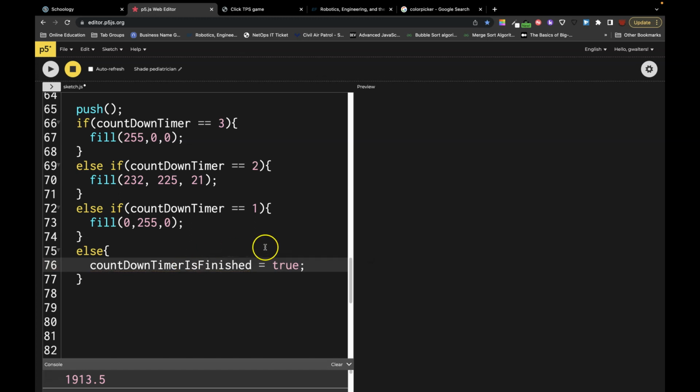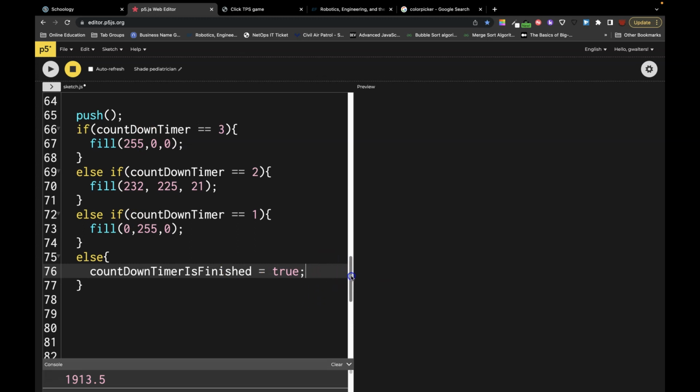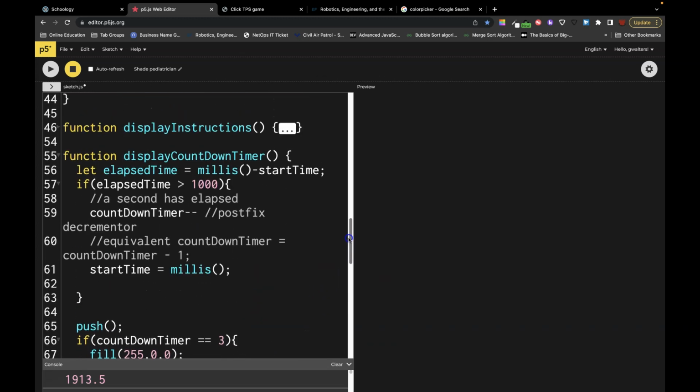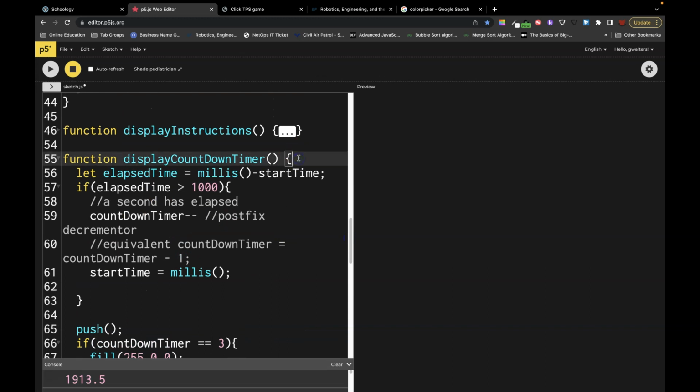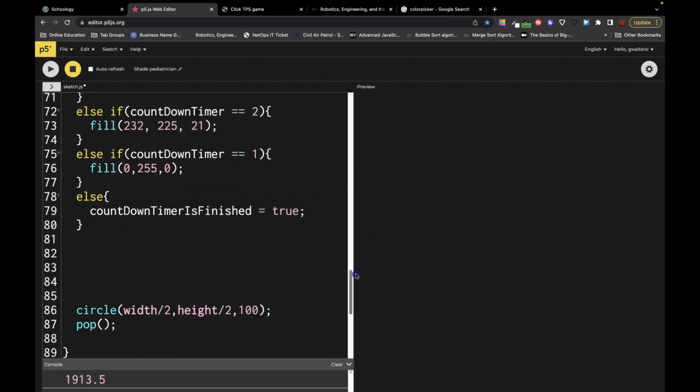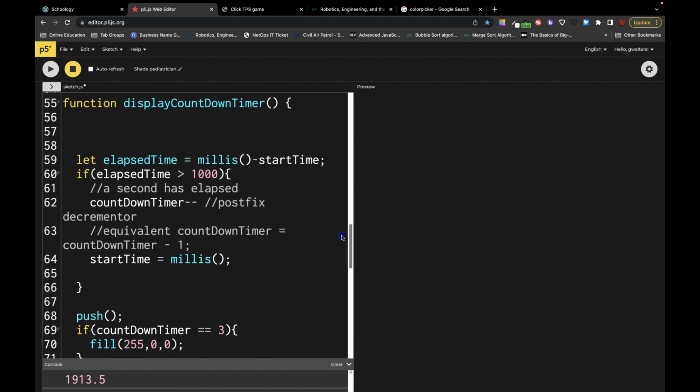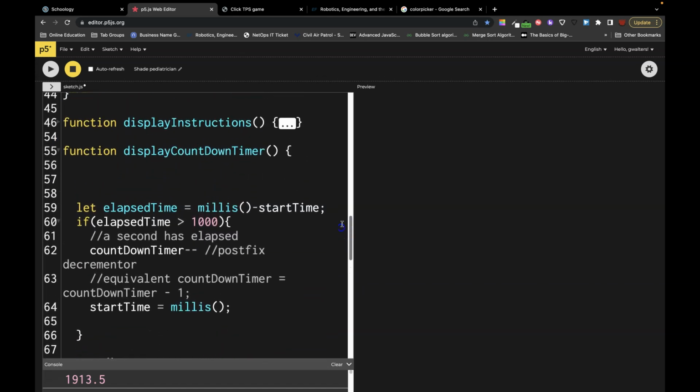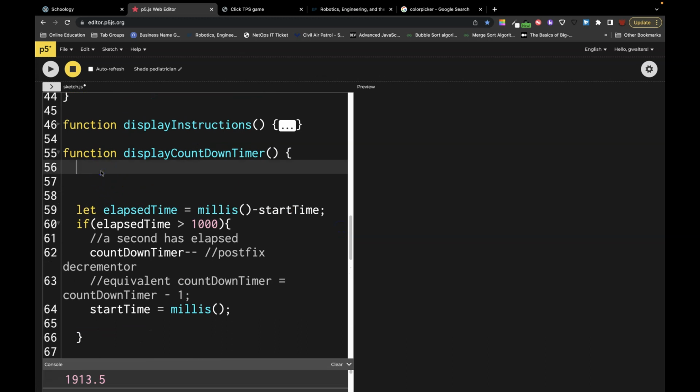All right. Now, yeah. So the only thing I want to happen in my display timer is that I really only want this display countdown timer to display as long as the countdown timer is not finished. Okay? So we want to make a little bit of changes. We're going to put all of this inside of a conditional. We're going to say if